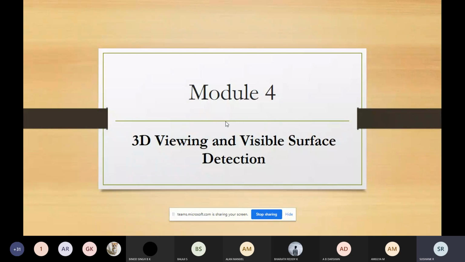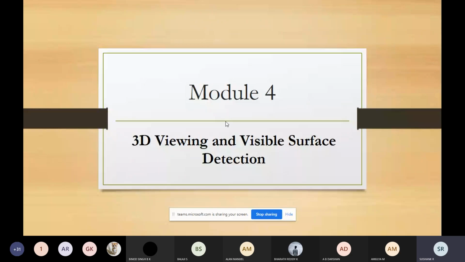So we will study the methods regarding depth, like the depth buffer method, how we classify the visible surfaces, and the algorithm for visible surface detection. All these things we will study in this module.